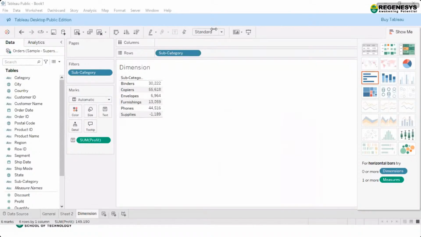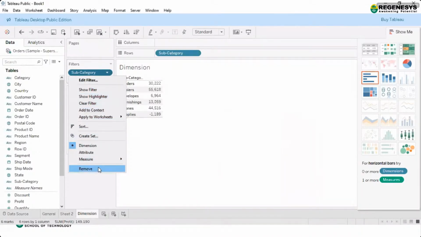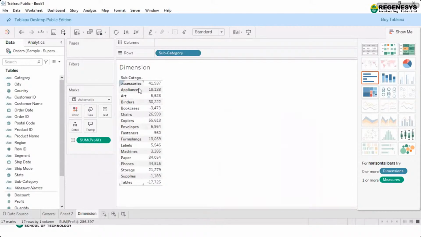For all the subcategories, right now I'll just remove this filter, and you can see I have all of them. And you have to give me the data which ends with S.